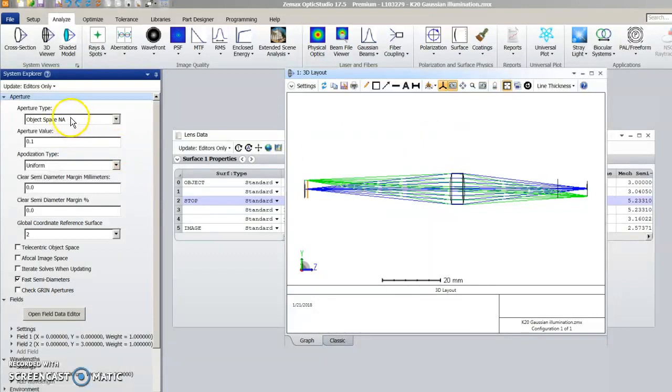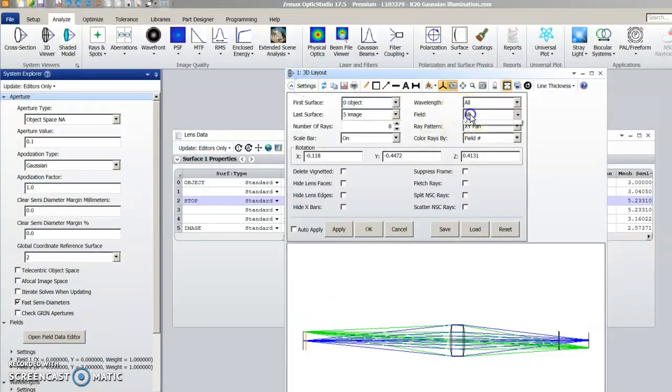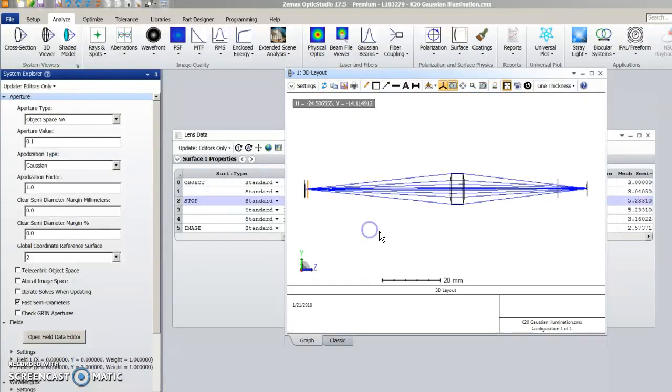So let's start changing the apodization and see what the effects are. So we go from uniform to Gaussian. The default is 1. When I update here, I'm going to turn off the second field point rays to make this a little more clear. But what you can see here is that Zemax has changed the rays from uniform spacing to such that they're weighted a little bit more in the middle. And that's to emphasize that it's a Gaussian, so you have more energy in the middle and less on the